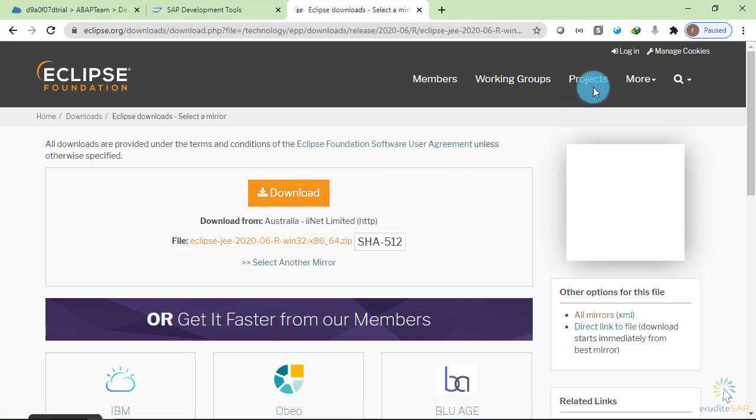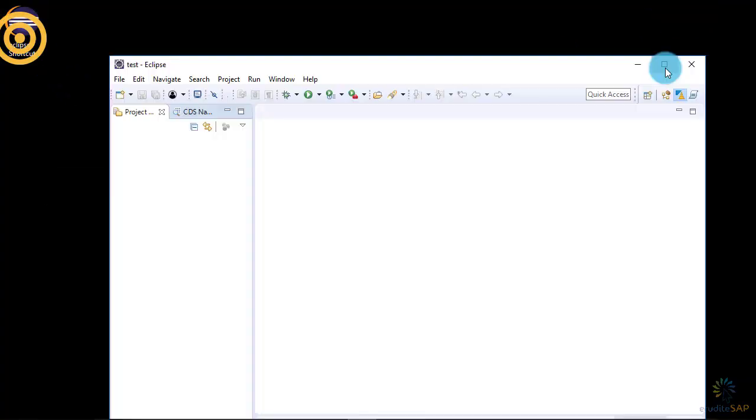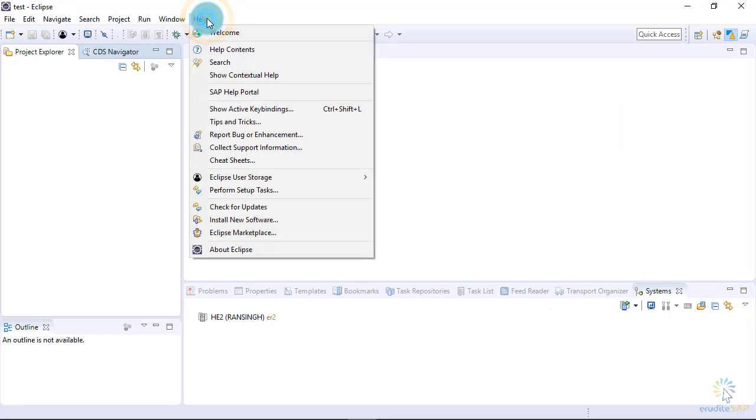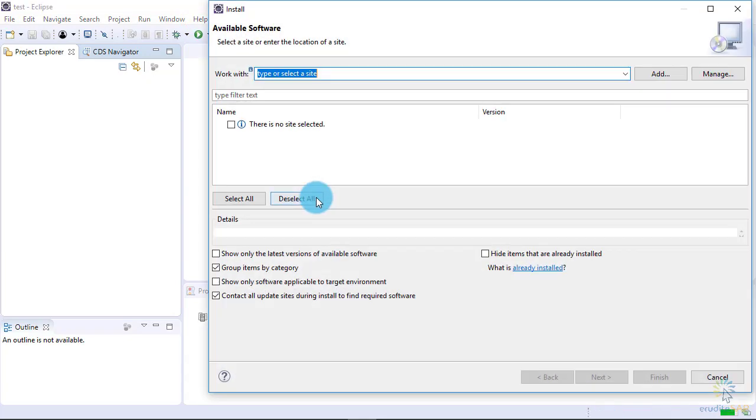So I will go to my system and run it. So here is the Eclipse. To install the ADT, we have to click on Help, then click on Install New Software, and here we write the URL